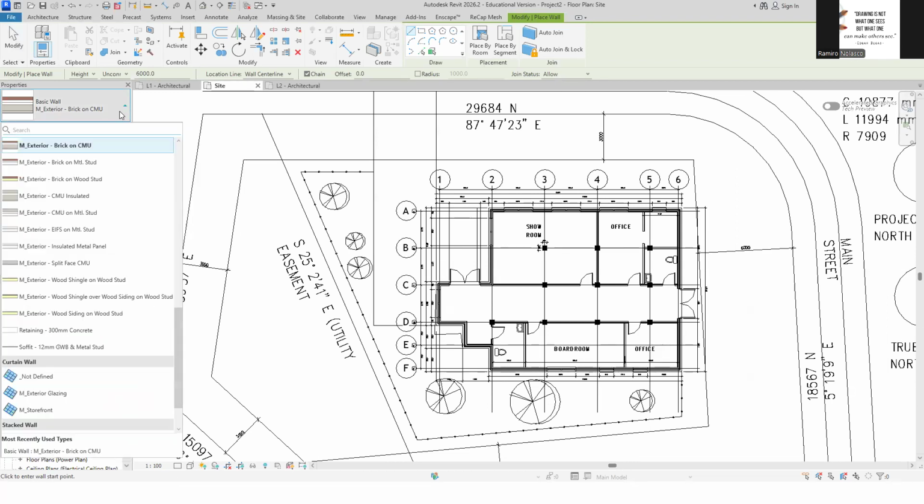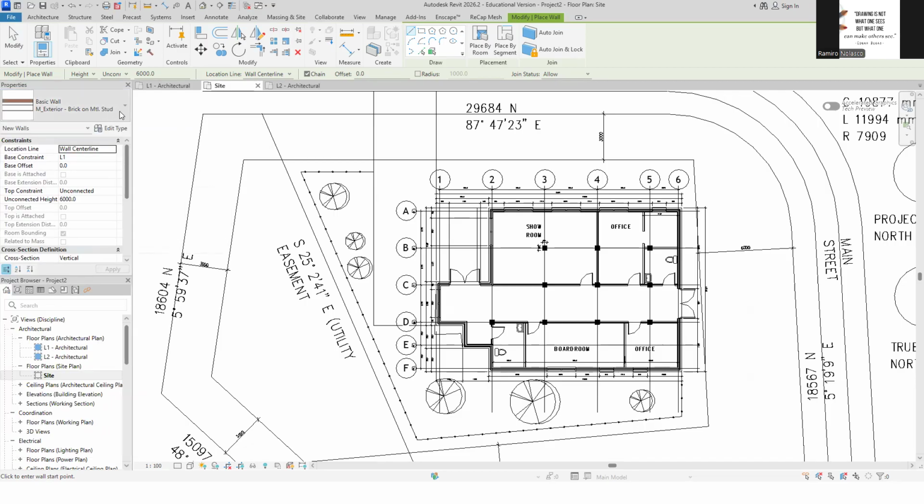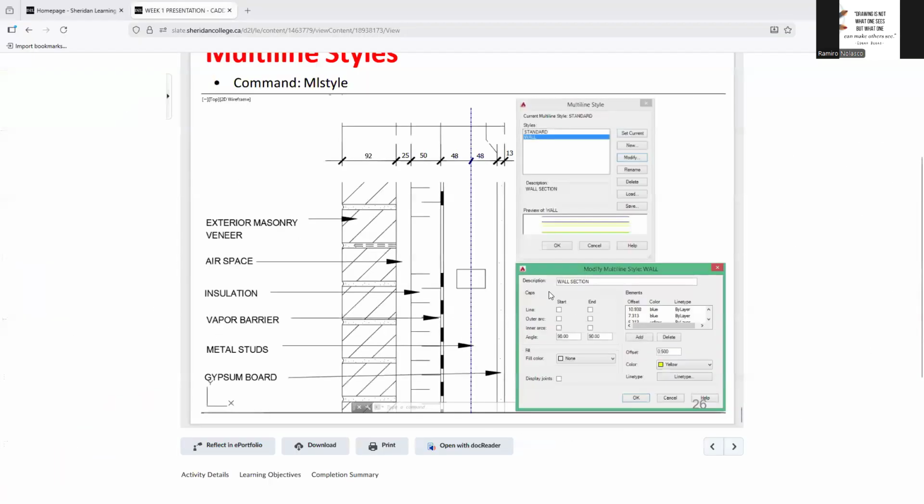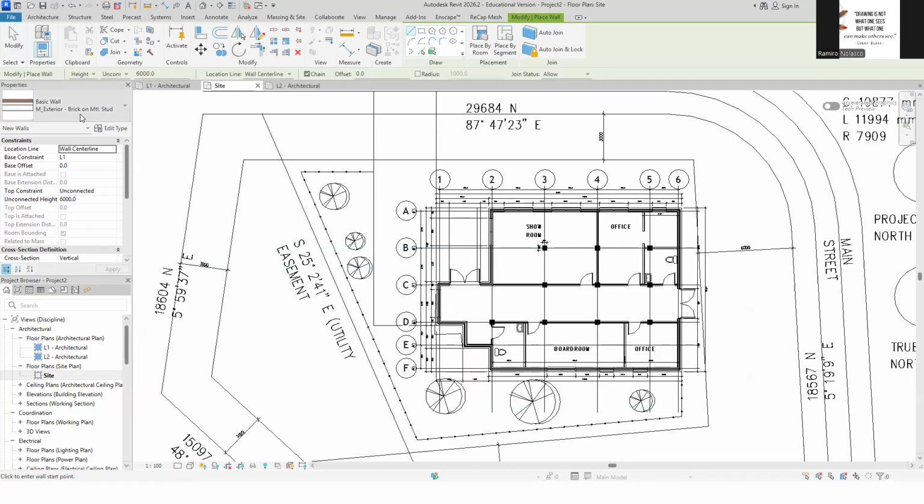So select M exterior brick on CMU or metal stud. Maybe metal stud is better, right? Ours is similar to that type. I have a metal stud here. So brick, metal stud. I think this one is closer. You edit the type.